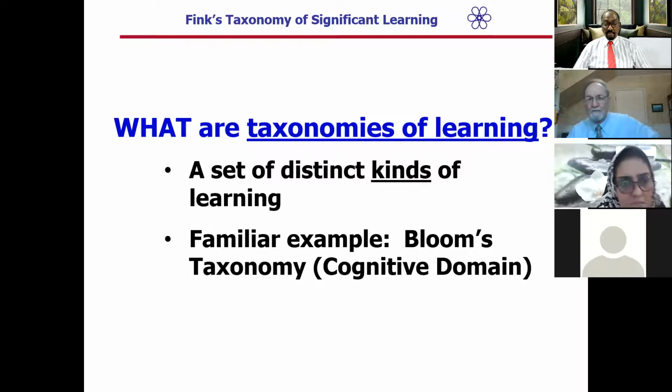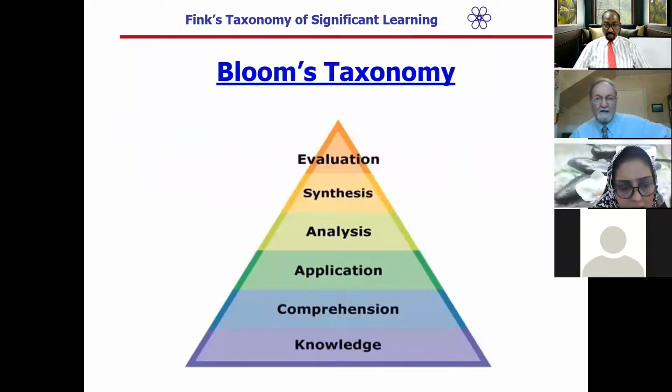This one that I referred to a moment ago, Bloom's taxonomy, was published in 1957 by a professor named Benjamin Bloom at the University of Chicago. And it was primarily in what he called the cognitive domains. It's different kinds of cognitive learning. And it looks something like this. It starts at